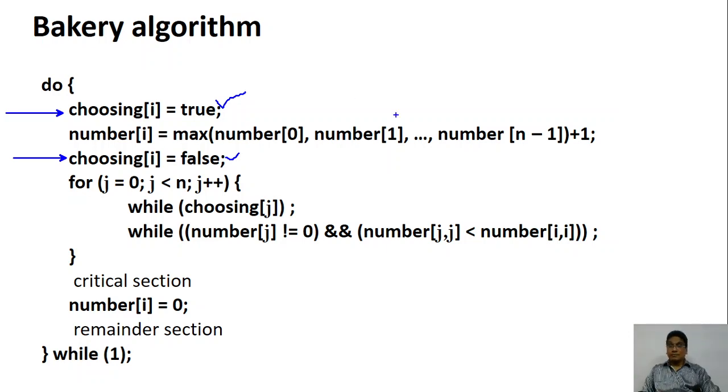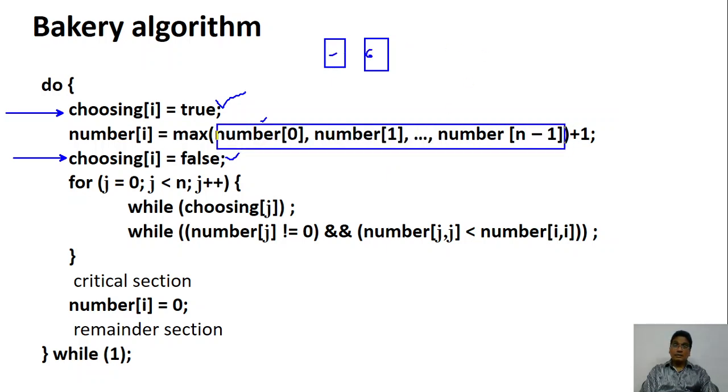Which number will you get? Check all the numbers. If some people are already there in the bakery, you check the numbers 5, 6, 8, 9, check all of them, get the maximum. So you ask whose number is the highest. Somebody has 45 as the last number, so add 1 to this. Your number will be 46. It is not that 45 people are there, it is not a count. One process comes, the count is one, like that. Number could be anything. Whichever is the last number, add 1 to it, that will be the maximum.